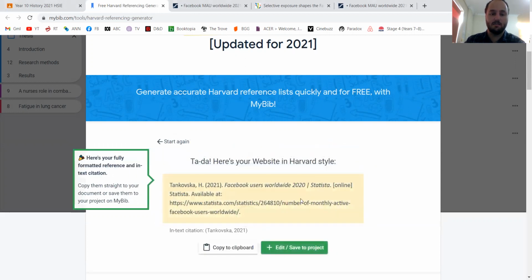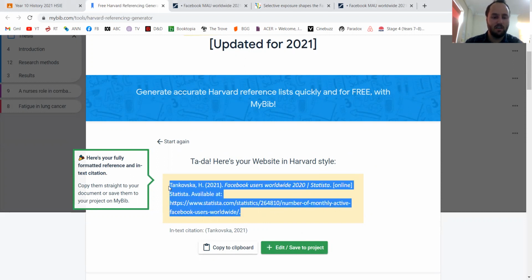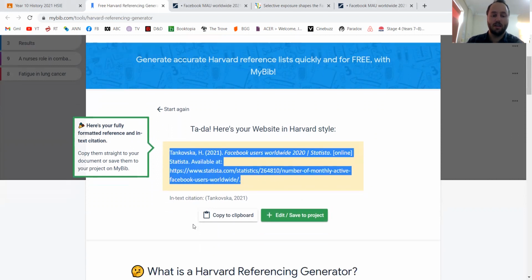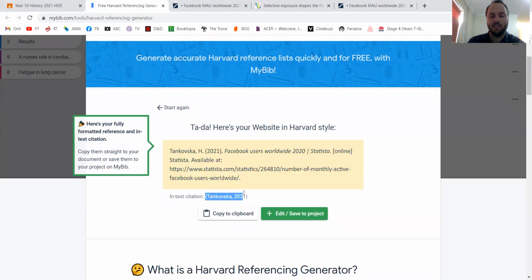Now I'm clicking on that, and it tells me exactly how I need to reference it. What is in orange here will be in my bibliography. And the in-text citation, which is what I mention in my essay, just has the author's surname, Tankovska, and the year, 2021.